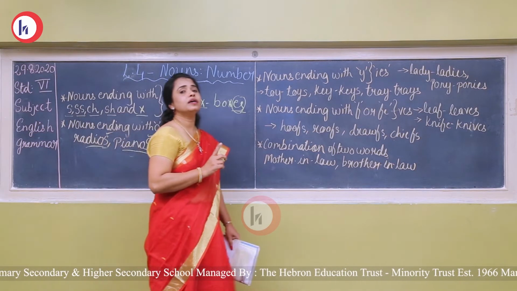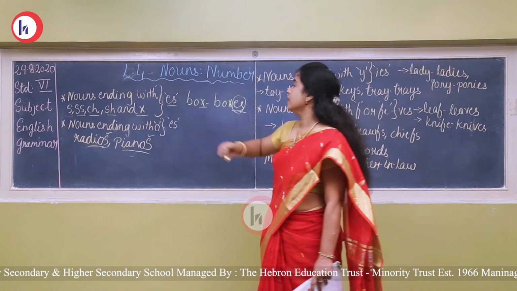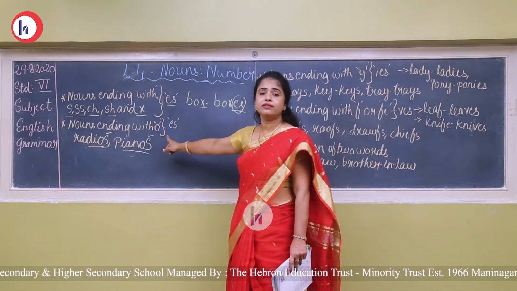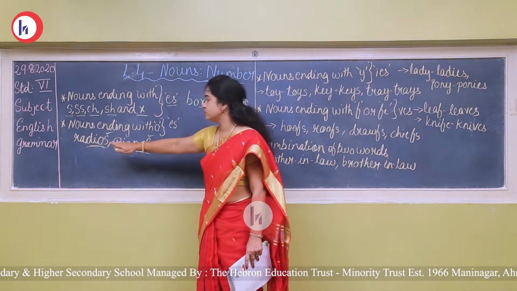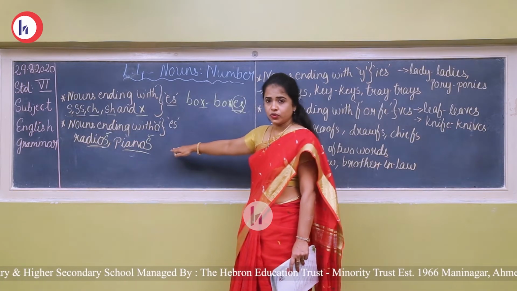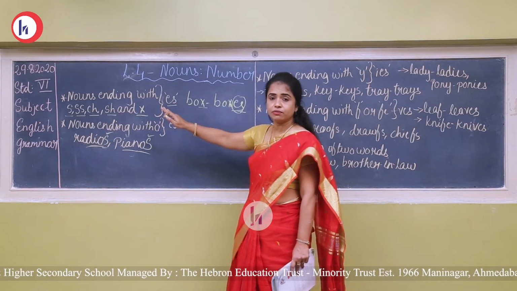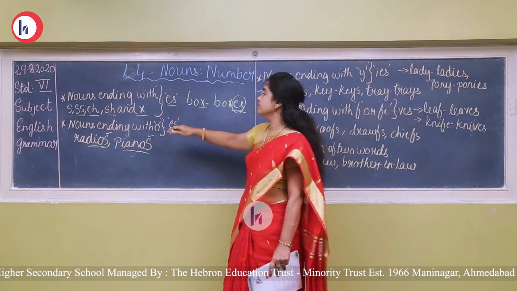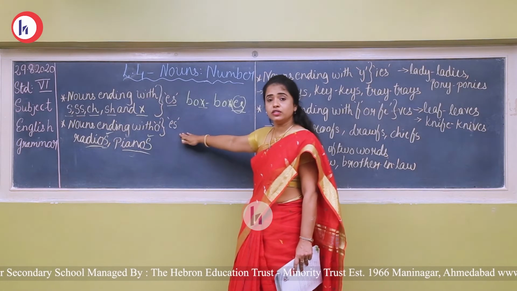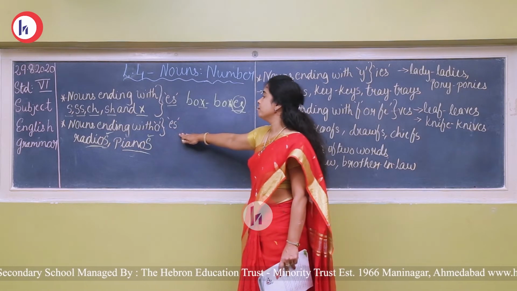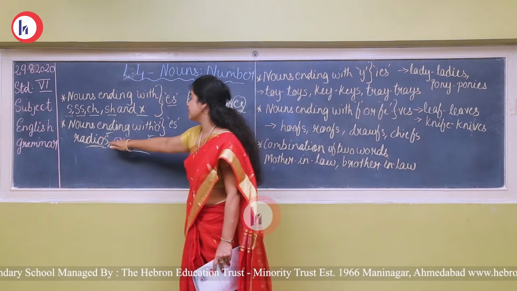For these two words, though they end with O, you are not putting ES as per the rule. Instead you are just putting an S at the right-hand side, that is radios and pianos. So be careful whenever these words are given in the transformation for converting nouns. If the words end with O, the basic rule is you have to put ES. But you are not putting ES for these two words, that is radio and piano.